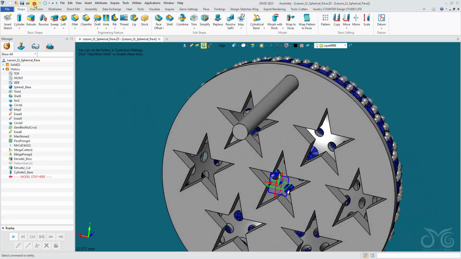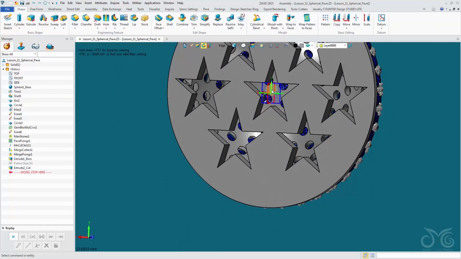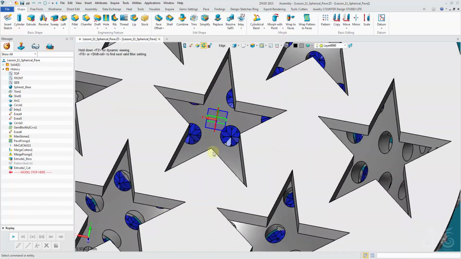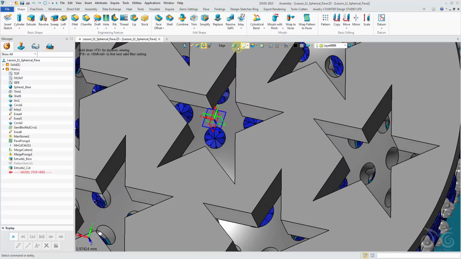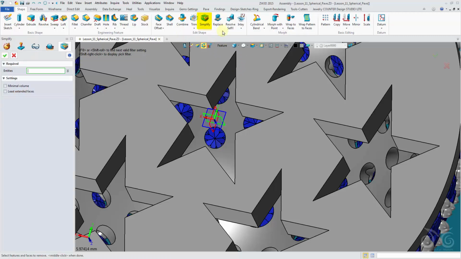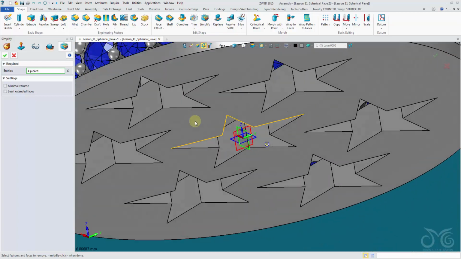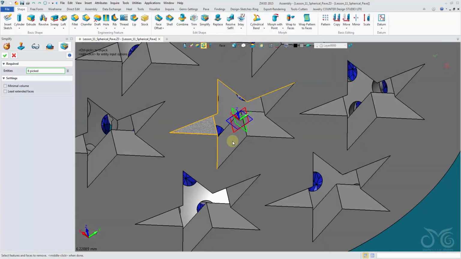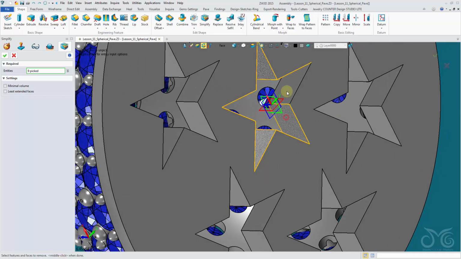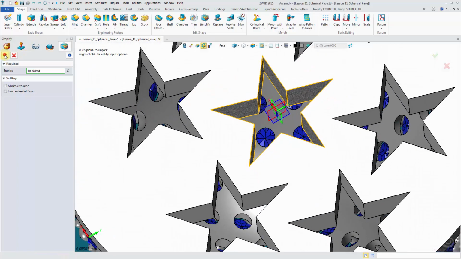Okay, we might want to place your post at the center, in which case we can fill this gap by using our simplify command. Okay, we haven't used this before. Our simplify, we simply pick our inside faces, and when we simplify these faces, it's going to close up the gap